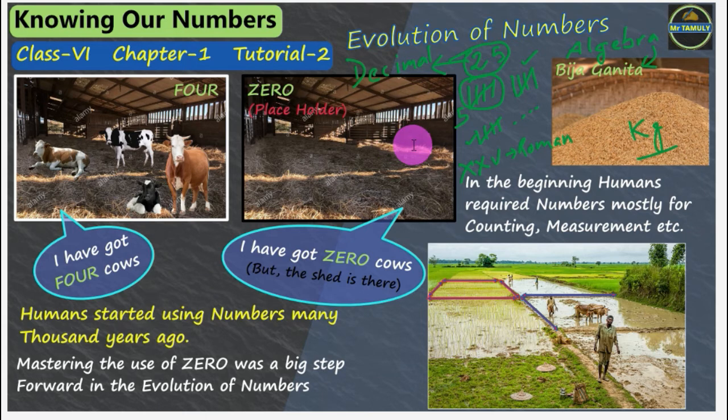The moment you get, say, 6 cows from somewhere, or you purchase them and keep them in the cowshed, the name of this image shall change to 6 from 0. From this example, we can say that 0 is performing the task of reserving the place for your cows. In other words, we can say that 0 fulfills the need for a placeholder in number system. I think we'll be able to understand this further with the help of a numerical example. So let's quickly do that.